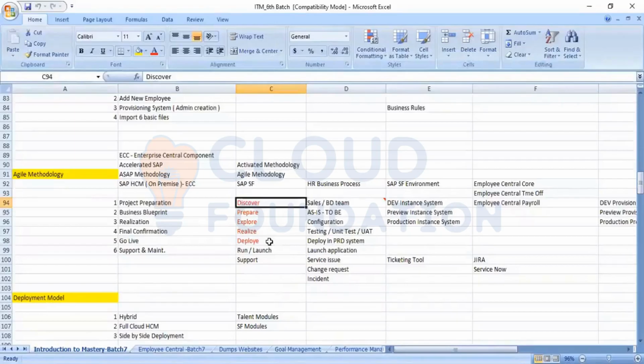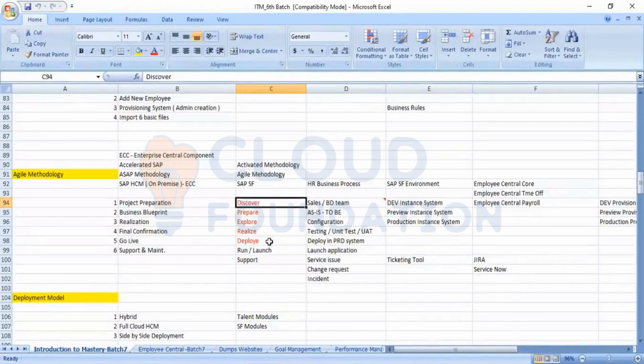And also it will have more clarity. What are the areas, what is the scope of work which will be carried into implementation? What are the modules which they are planning for implementation? They want to keep the legacy system that is existing ERP, they want to keep out, they want to totally migrate to the cloud. And what are the modules they will be taking care of? All this will be discussed in the discover phase.